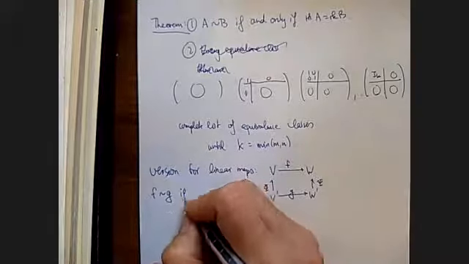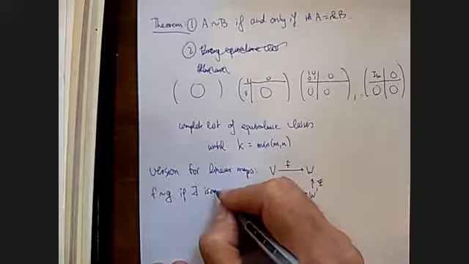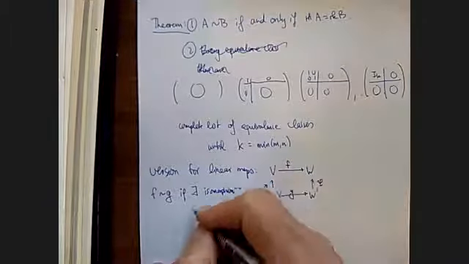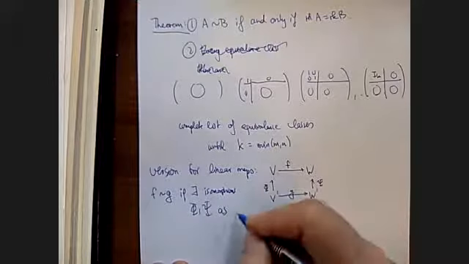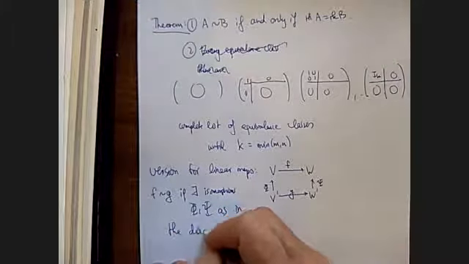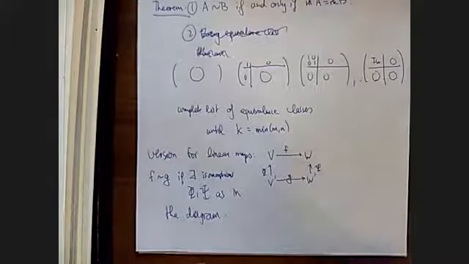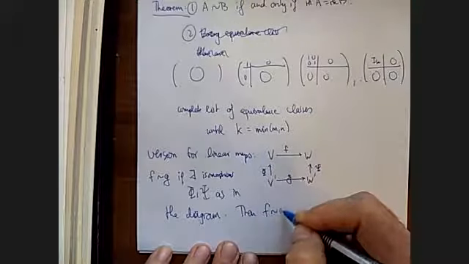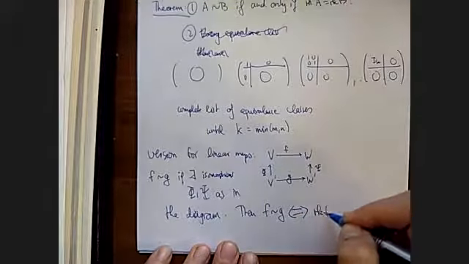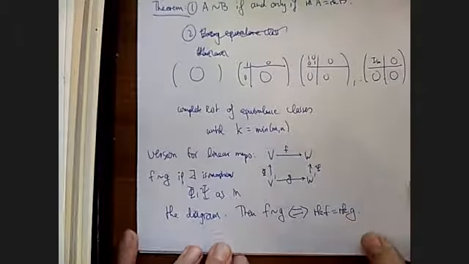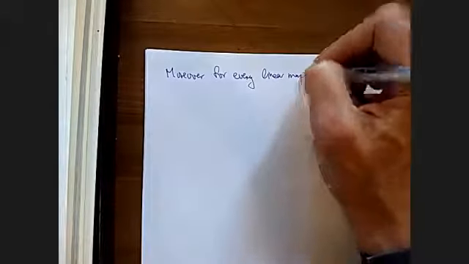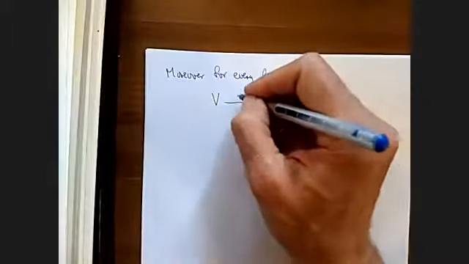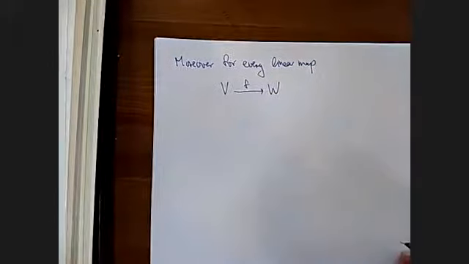So if there exist isomorphisms, then again F is equivalent to G if and only if the rank of F is equal to the rank of G. Moreover, for every linear map, so we have a linear map F from V to W between two vector spaces, you can find